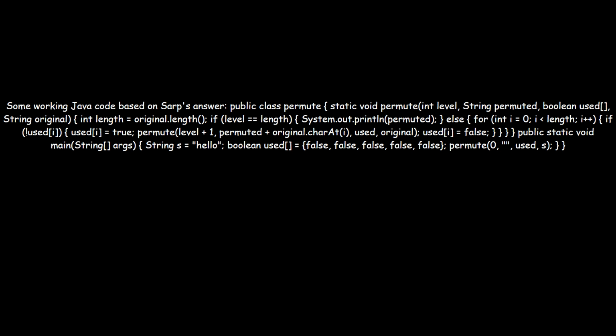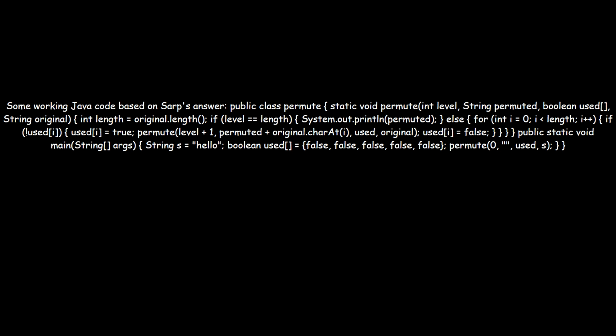Some working Java code based on SARP's answer. public class Permute { static void permute(int level, String permuted, boolean[] used, String original) { int length = original.length(); if (level == length) { System.out.println(permuted); } else { for (int i = 0; i < length; i++) { if (!used[i]) { used[i] = true;